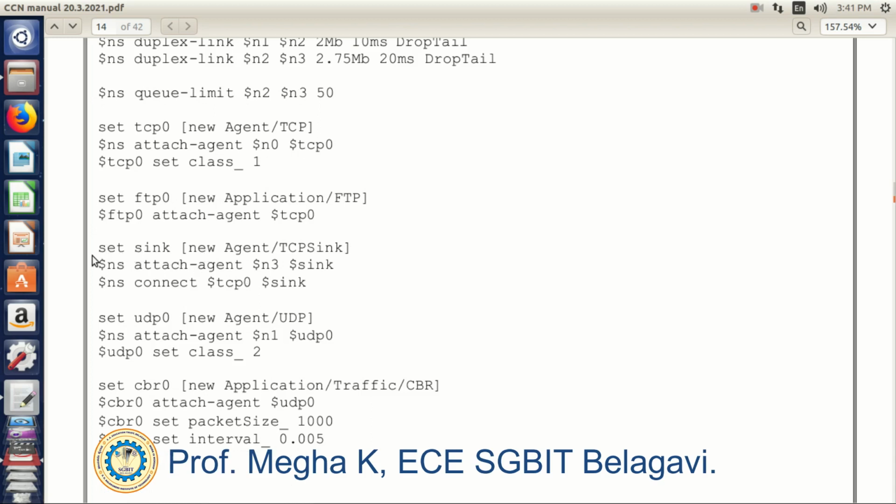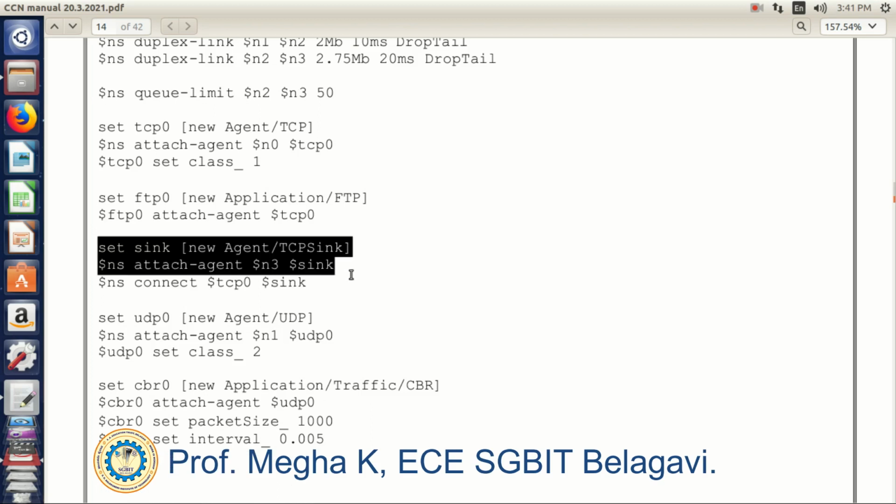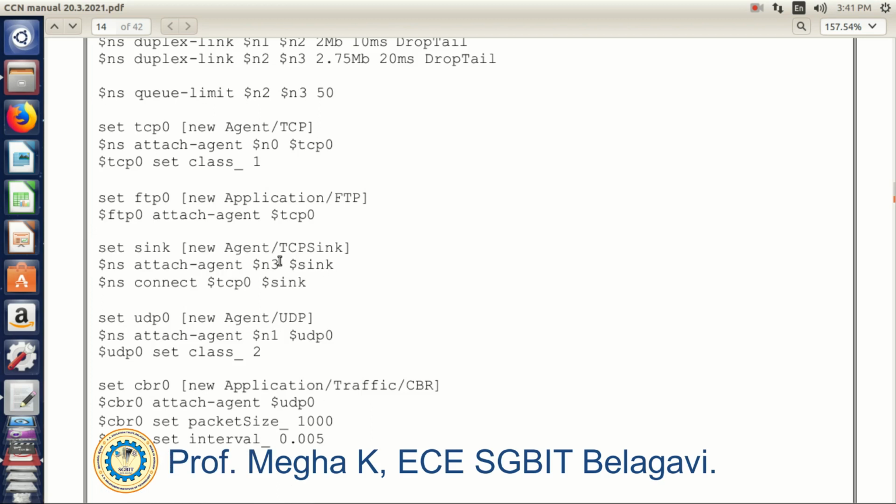Next comes the sink. Sink means you can consider it as a central device which is receiving the packets. So I am using sink for the receiving side, or the receiver. N3 is also involved in the TCP agent, so once again I am attaching the TCP protocol to the simulator class. Next comes the N1 node.